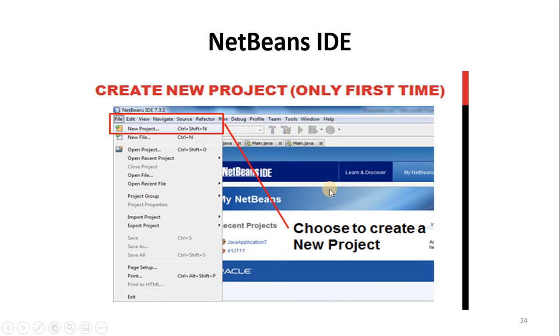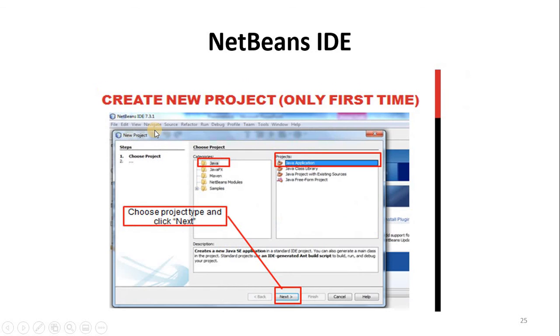For example, this is the environment for NetBeans, where there is a menu here, and in which we can select the File menu to create the project. There is a New Project option here. Once New Project is selected, a dialog appears, in which there is a category. When you choose Java in the category, there are so many categories of projects that we can create in Java. For this course, we are going to select Java, and then on the right side we can see the projects, in which we are going to select Java Application and proceed to the next step.